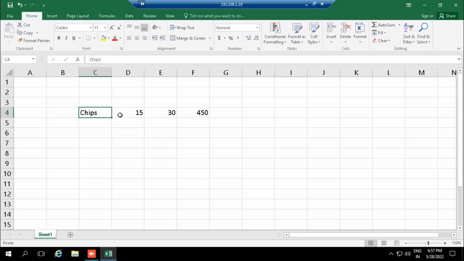I can do with the formulas, that is multiplication. For doing a multiplication, we have a formula that is called product. So let me highlight this